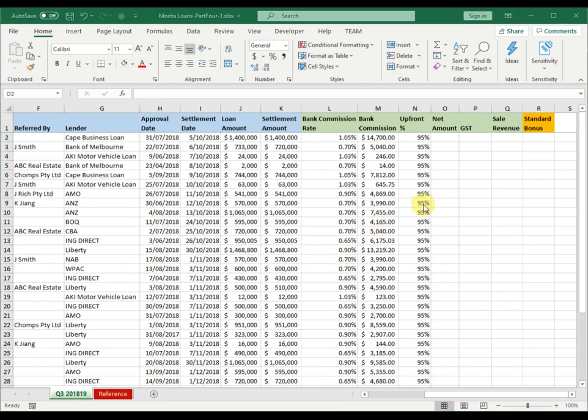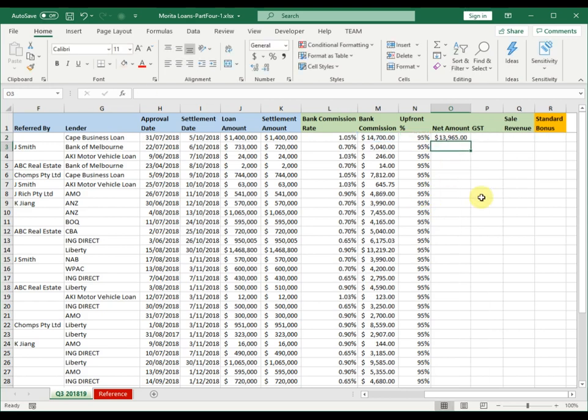Okay, now that we've calculated our commission rates from the bank's perspective, now we can start looking at trying to calculate the total sales revenue. To do that, the first step is to go to net amount, and net amount implies that what we're looking at is GST inclusive, a percentage, the upfront percentage of the bank commission. Right? So in here, in O2, I can go the bank commission rates multiplied by the upfront percentage. Right? So I get a net amount, which is GST inclusive,